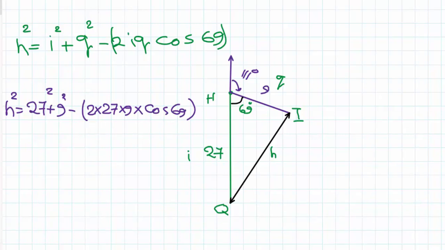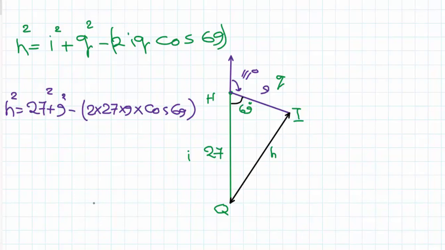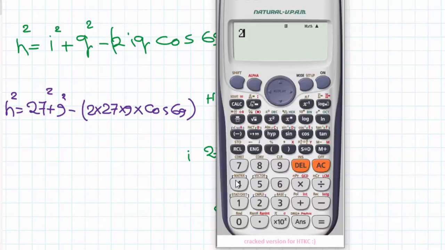Let's write this in the calculator and calculate. 27 squared plus 9 squared minus bracket 2 times 27 times 9 times cosine of 69. Close this bracket and close the other one that we opened. This is equal to